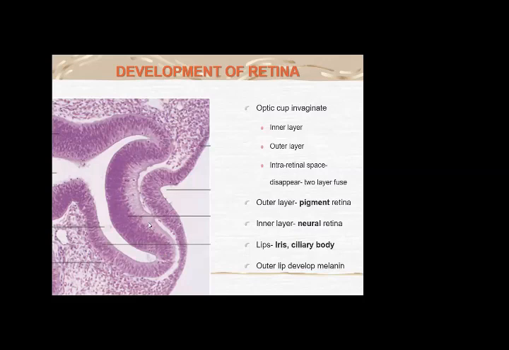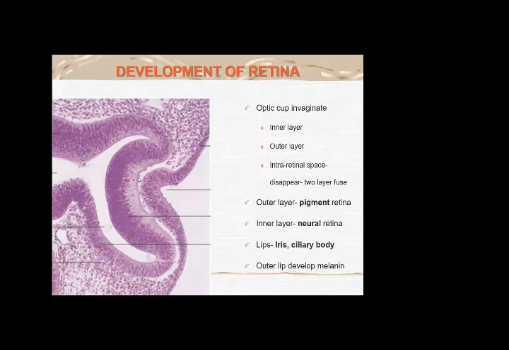Optic cup invaginates, 2 layers, outer layer, inner layer. The 2 layers continue over here at the lips of the optic cup. यहाँ पे the outer layer becomes continuous with the inner layer, and between the outer layer and the inner layer you have this space which is called intraretinal space. This intraretinal space will later on disappear when the outer layer comes in contact with the inner layer and fuses